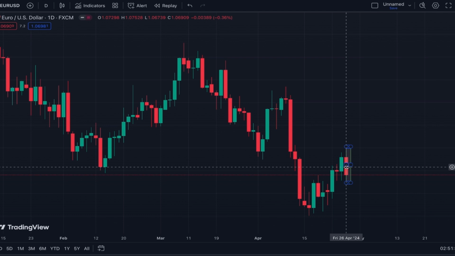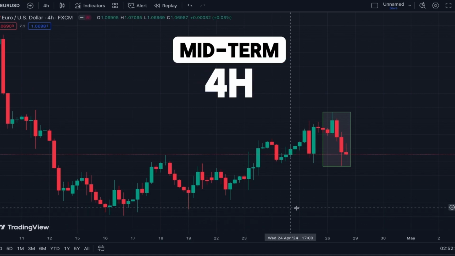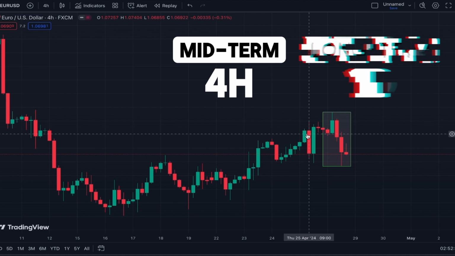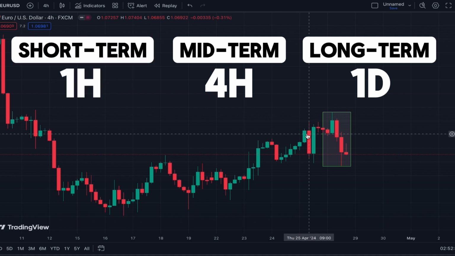Consider I am a swing trader and I want 4 hours time frame to be my main chart for analysis. So this is my medium term time frame. Now I must choose the long term time frame. I use ratio of 1:6, and 1 day time frame becomes my long term time frame. And for short term time frame, I use ratio of 1:4, and 1 hour would be my short term time frame. So 1 hour, 4 hours, and 1 day time frames are the ones that I use for analyzing the